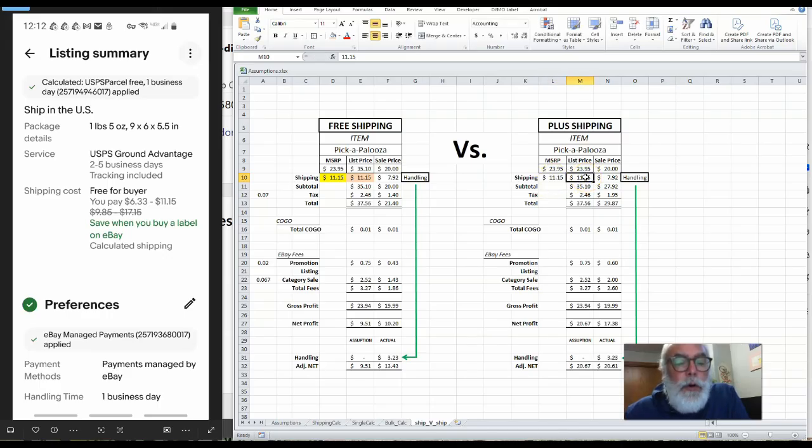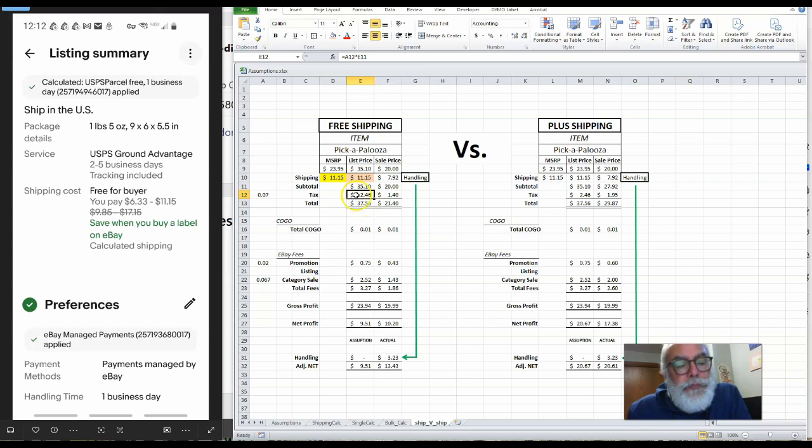So we carry that assumption over. But this assumption doesn't set a price for us. Our MSRP is our MSRP, and it is also our list price. There's the big difference, right? But when the subtotal comes in, they both are $35.10, so they're both going to be taxed at this 7% amount. So in that case, if you sell it at your list price, which is the MSRP plus your max shipping, you're going to pay $2.46,